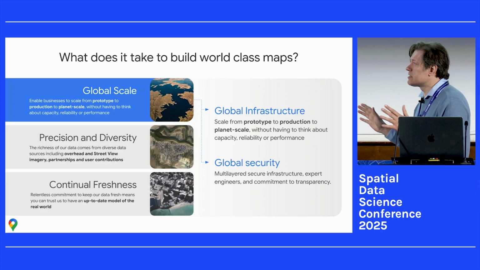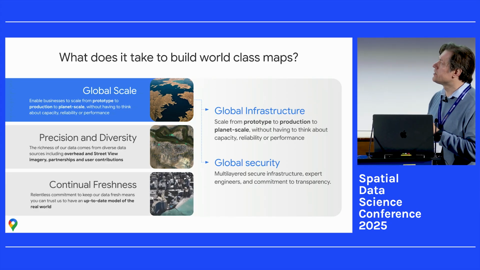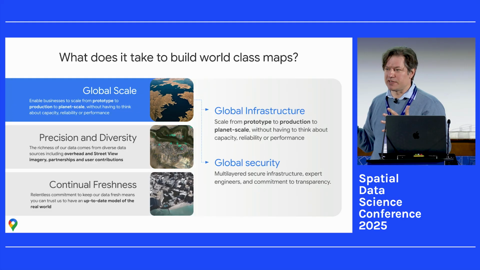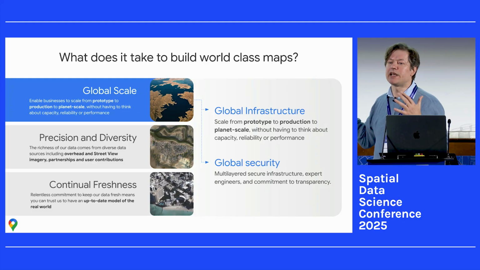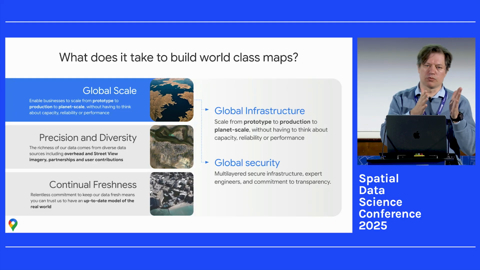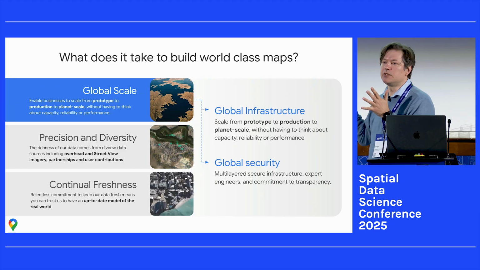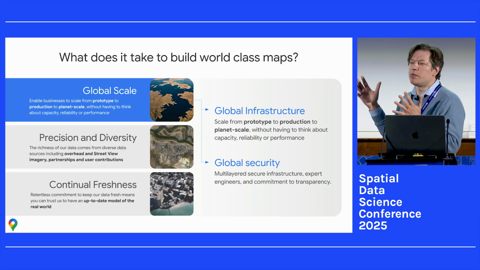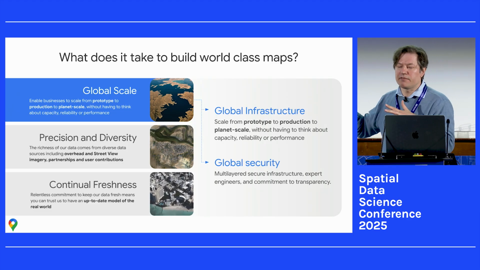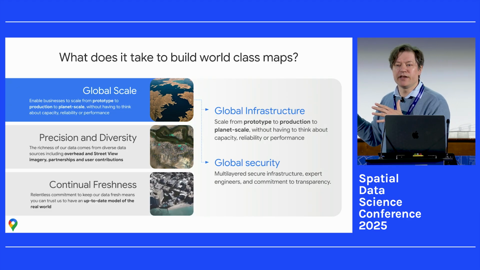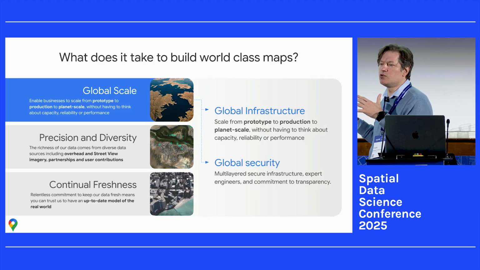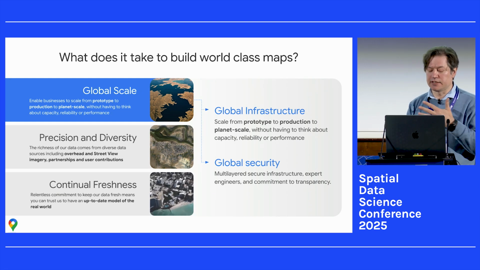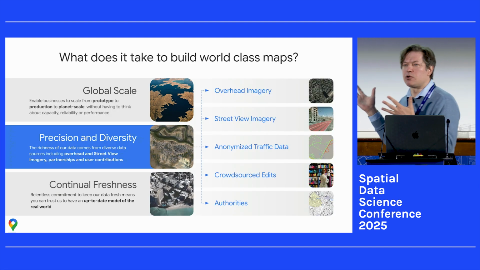But if I step back a little bit and look at what it actually takes to build something like Google Maps, when you build planetary scale analysis, not just focusing on one system but more on building the product or doing analysis at this level, you really need global infrastructure. You want to deliver data everywhere. You want to do it in a secure way. If you look at mobility data, you don't want this data to leak anywhere. So you have to do it responsibly. That's the way we approach this.